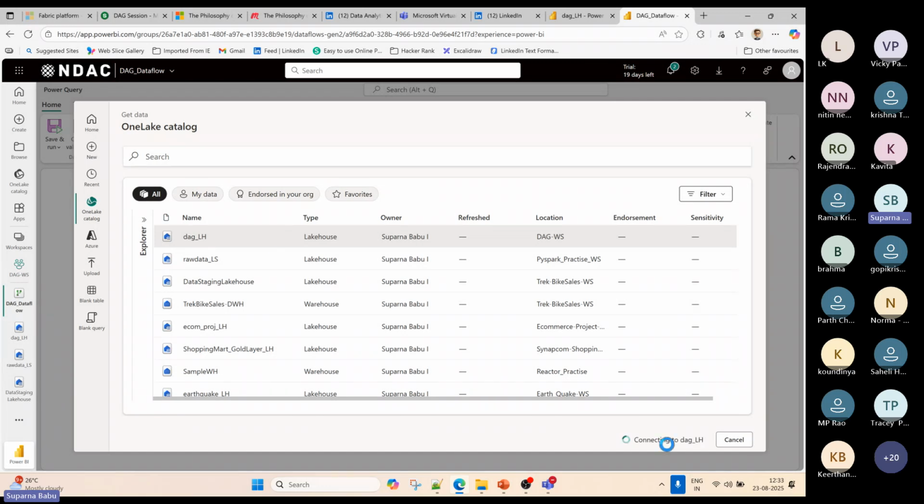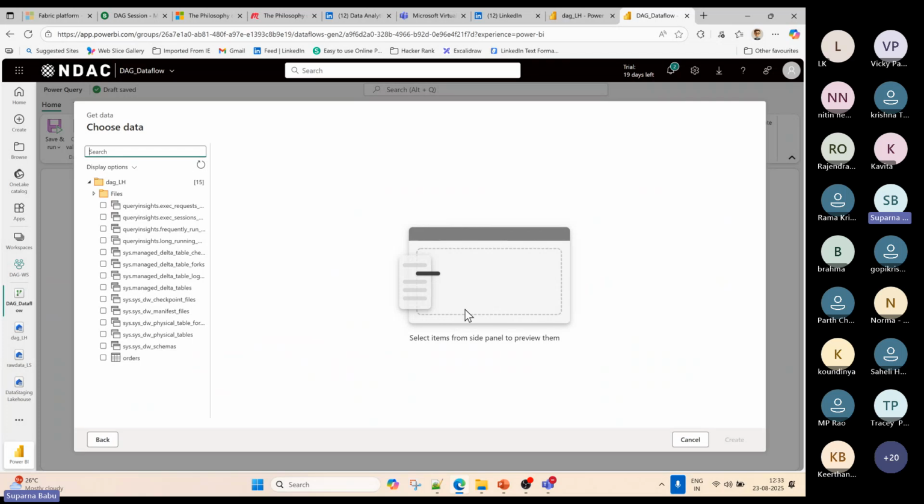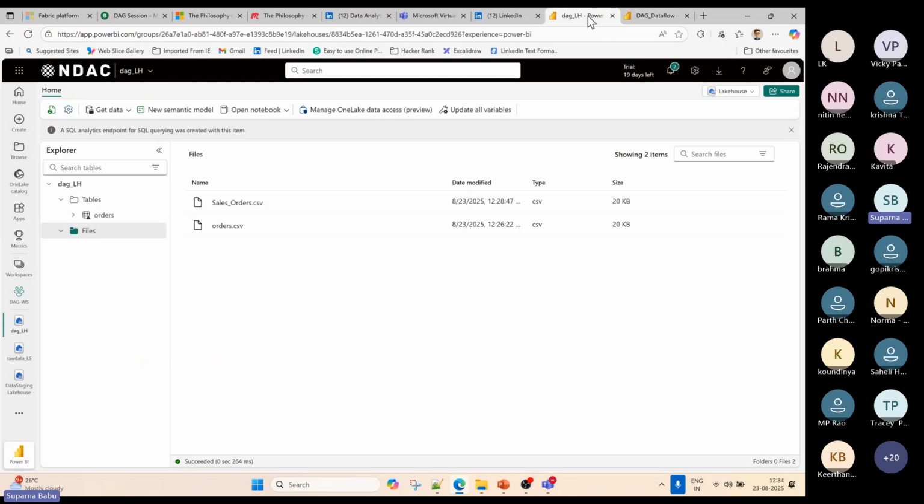Select this DAG lakehouse. The moment I selected it, it is connecting to the DAG lakehouse. Let it connect. Yes, now it is connected. Here you can see the orders table, the same orders table.